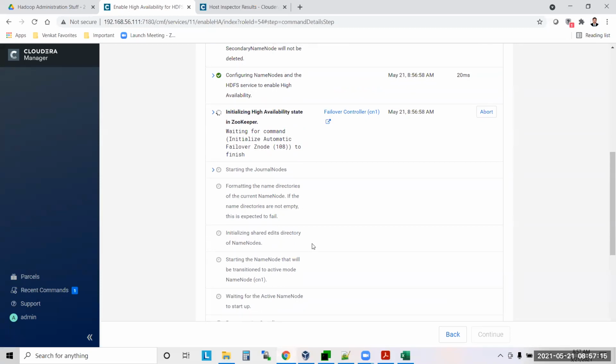So that's the beauty of Cloudera actually. I mean, it is a fully automated UI.